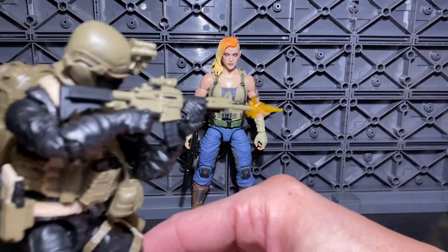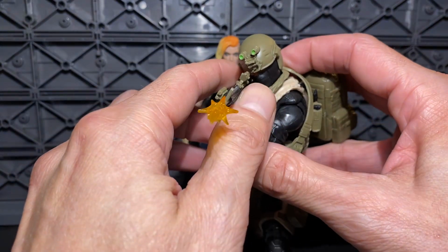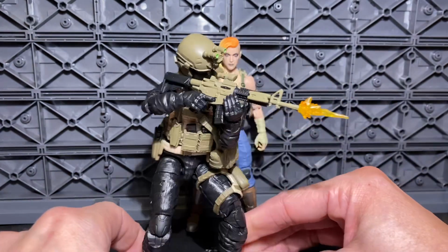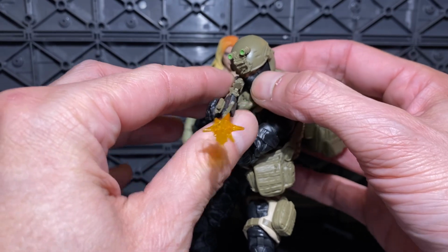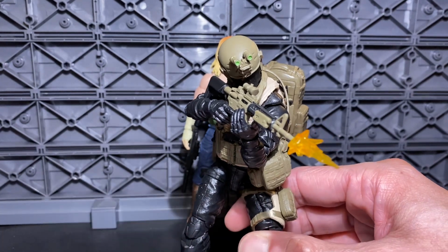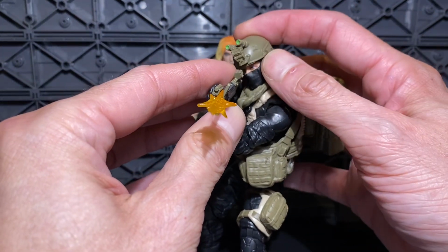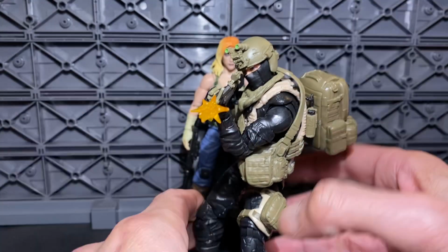So let's bring in one of the latest figures here. It's an older figure, but newly ordered with the desert pack. And yeah, I'm digging this a lot. Looks really, really nice. It is a little hard, I've said this before, to get the head going down the scope there, but I've heard Bobby say that new necks will be implemented in other series going forward in the future. So I'm looking forward to that, because yeah, it is just a little tedious, I guess you could say,